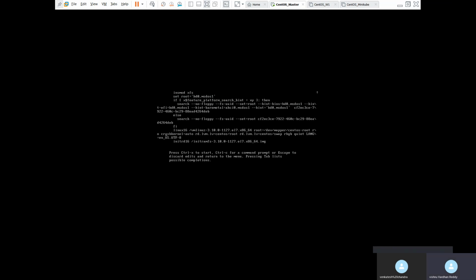So we need to remove RO, and then we need to bring it up into single user mode, RW.